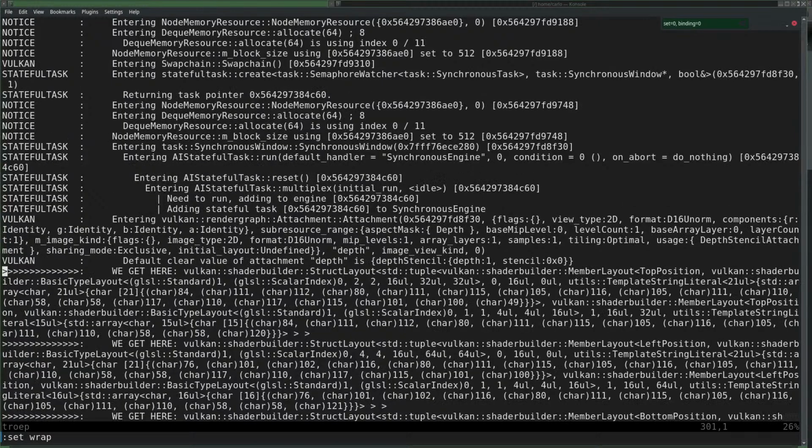Finally, you have some more information. So that type, which my library was not able to print, is this. Maybe not surprising. It's a pretty difficult type. Vulkan shader builder strict layouts, STD tuple, Vulkan shader builder memory layouts, top position, comma, Vulkan shader builder basic type layouts,